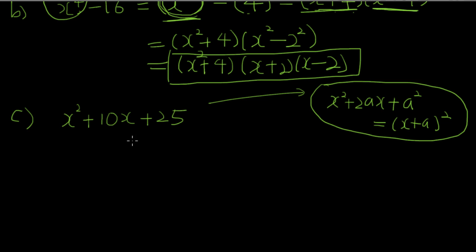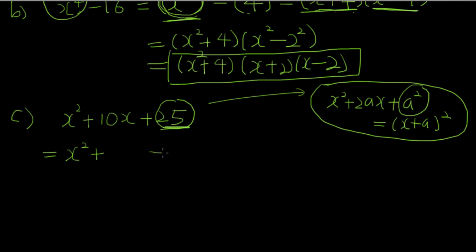one of the clues is in here, this number 25. If you have a look at this formula a little bit carefully, this last term right here should be a square. So this last number must be a nice square number. Remember that 4 is 2 squared, or 9 is 3 squared, or 16 is 4 squared, and 25 is 5 squared. Then you can try to rewrite this as x squared